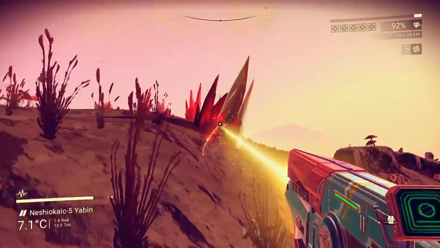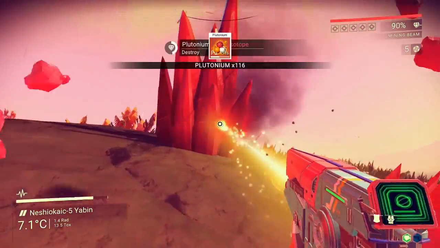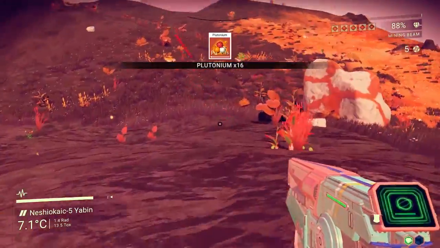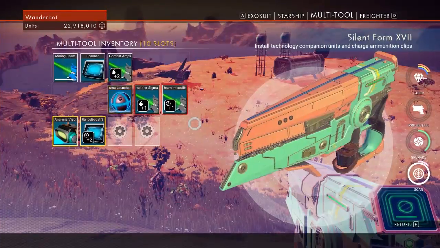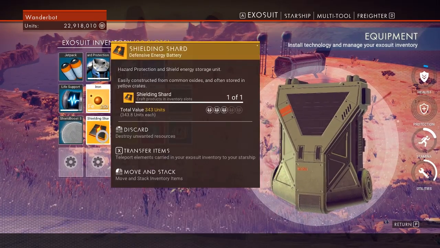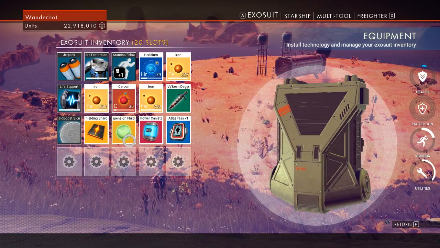Okay. So let's just chunk through all this stuff and go from here. There's a fair amount of plutonium, too. It's kind of nice, actually. It's also nice having a ship that I don't have to worry about inventory space as badly on. Though I always know I'll need more. It's a fair amount of plutonium. We also have the shielding charges. Let's just run through the...